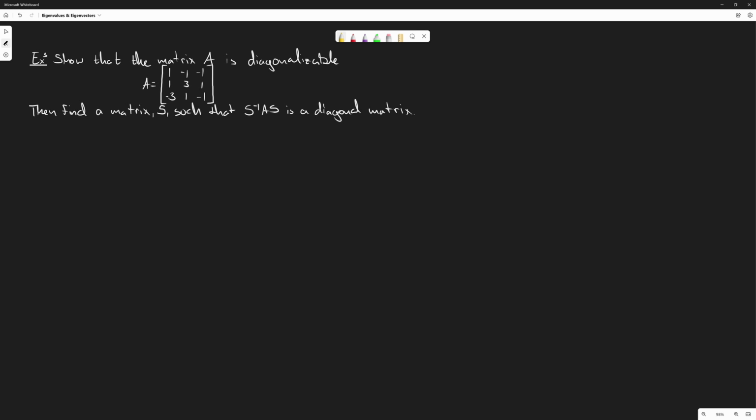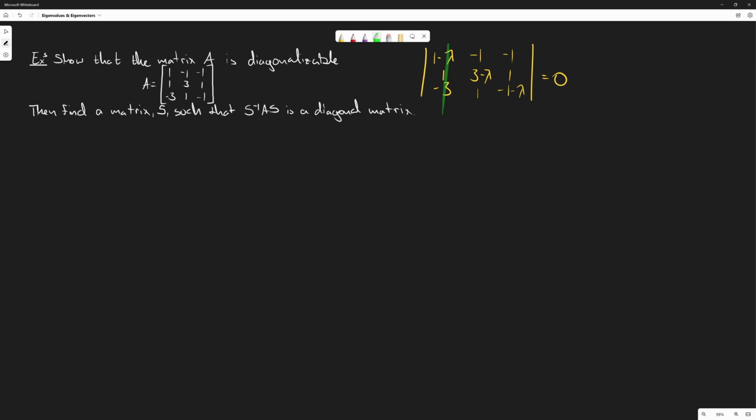So the first thing we're going to do is the characteristic equation, so we can find the eigenvalues and eigenvectors. Let's get started. 1 minus lambda. Then we have 1, negative 3, negative 1, 3 minus lambda, 1, negative 1, 1, then negative 1 minus lambda. Yeah, it's not nice. So we're going to set this equal to 0. We're going to use the first row to do our determinant. So the first row,